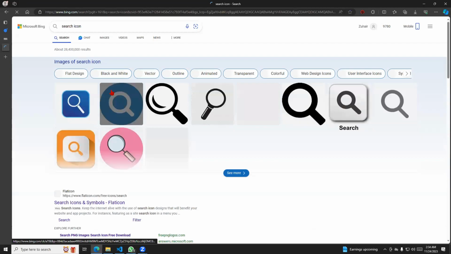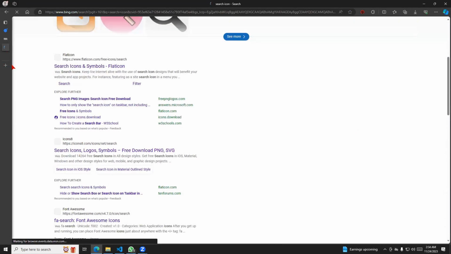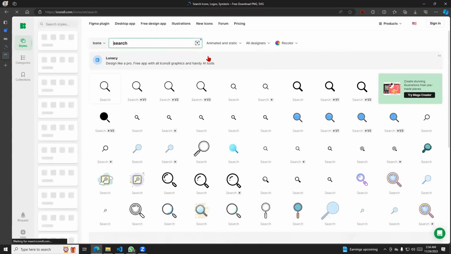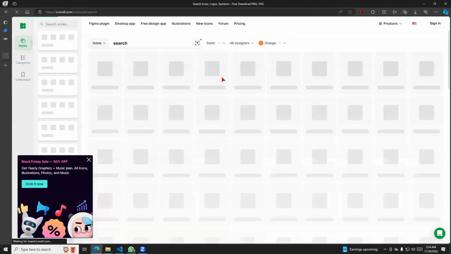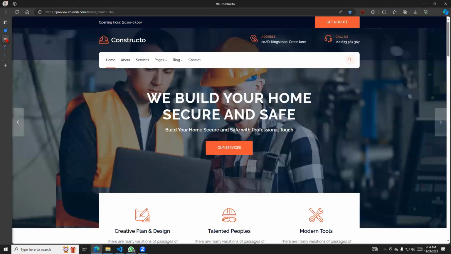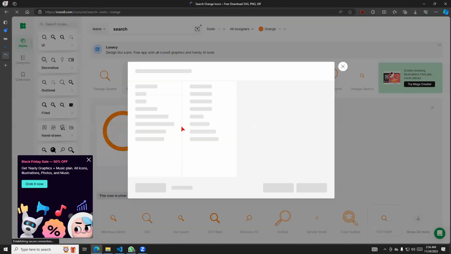Not from Flaticon. I think from Flaticon I cannot get it. Icons8 has this kind of icon. See, I just need to change the color. So the color is going to be orange. And which one looks similar to this one? The first or the second one, maybe? Yeah, the second one is not bad. Yeah, second one. So download